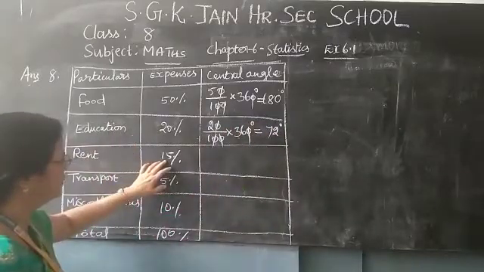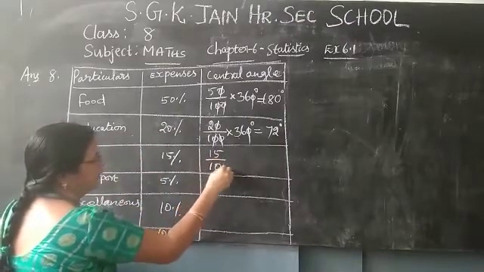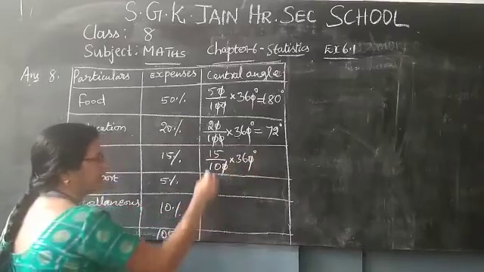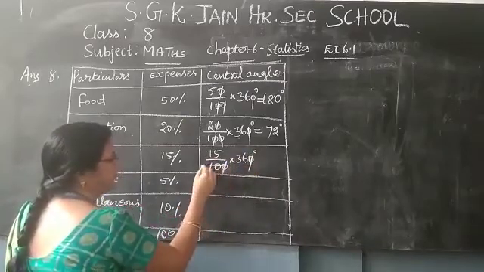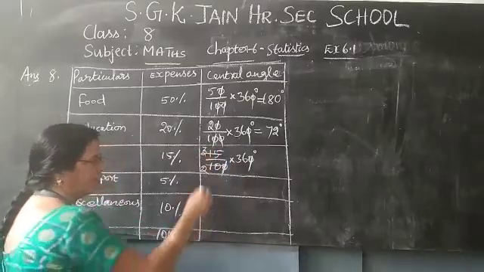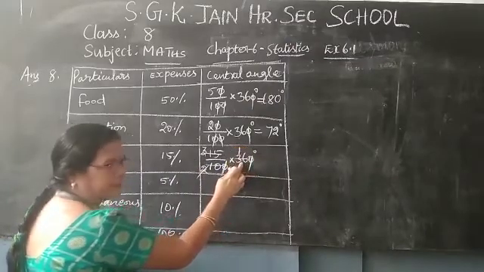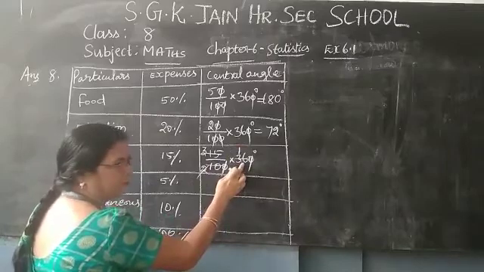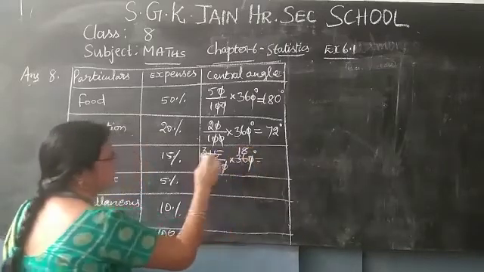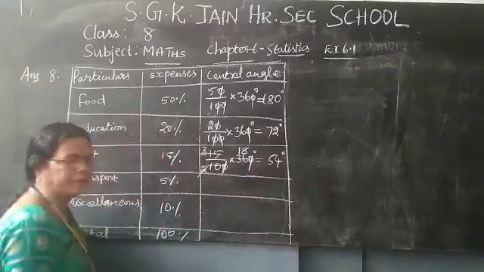Now for rent, how much is spent? 15%. So you are going to write 15 by 100 into 360 degree. Now 0 will get cancelled. In the 5 table, how many times will this go? 5 table 2 times will go, and 5 table 3 times will go, isn't it? Or in the 2 table, that 36, no, 1 2 is 2, balance 1, it will become 16. In the 2 table, 16 how many times will it go? 8 times, isn't it? Then you will get 18 3s are how much? 54. So you are getting 54 degrees.